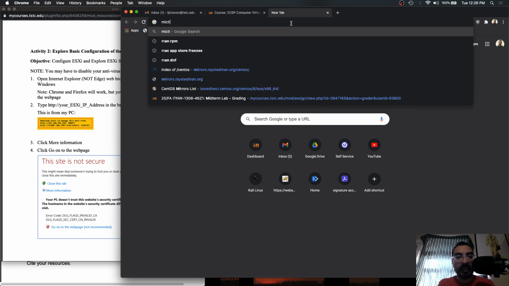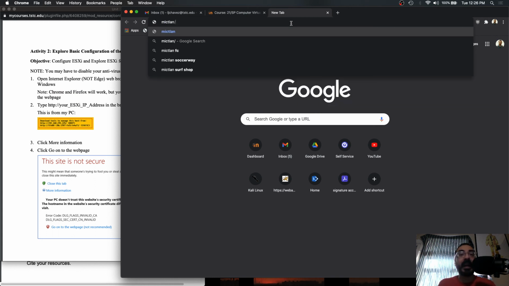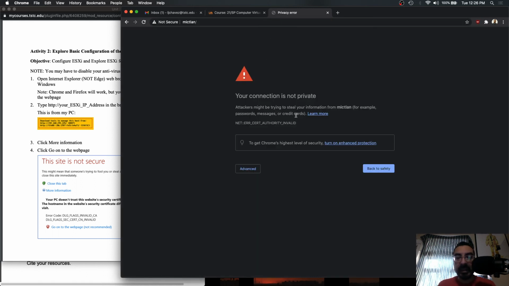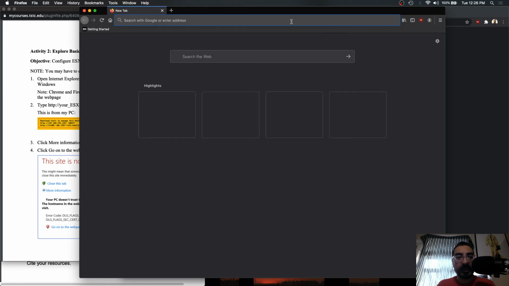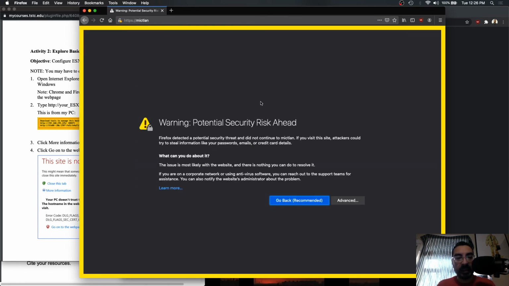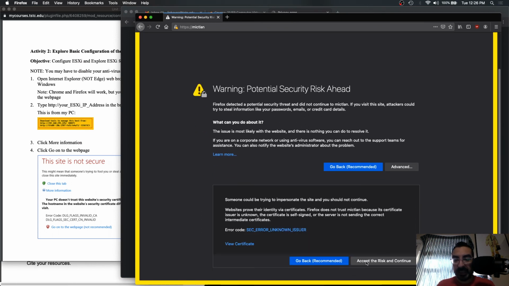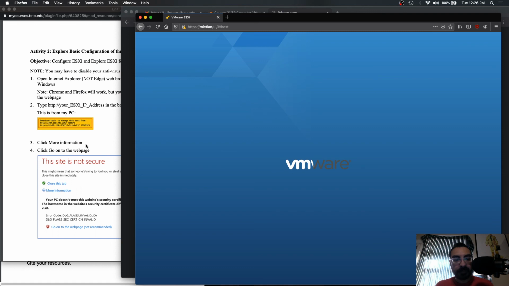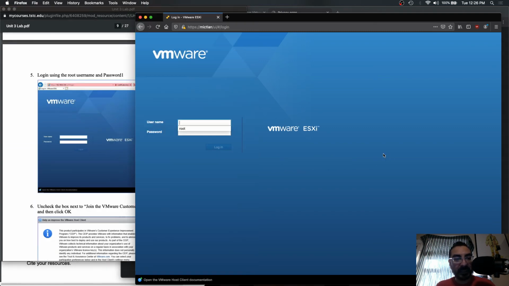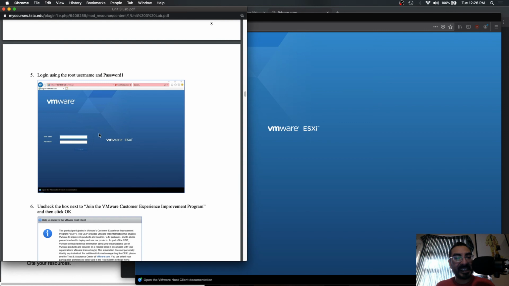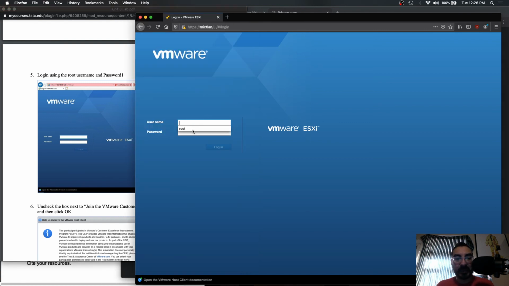So I've got, not a Hyper-V, an ESXi server running here locally that I can log into. This is what Chrome will look like, and you'll do advanced and proceed. I tend to use Firefox to do anything with this particular server, and this is what Firefox will look like if that's what you're using. Then hit advanced and accept the risk. As you can see, this is pretty much what it looks like, right? This is 7.0, and this is 6.5. So yeah, there's really not a whole lot of difference between the two. You'll log in as root, and whatever you set